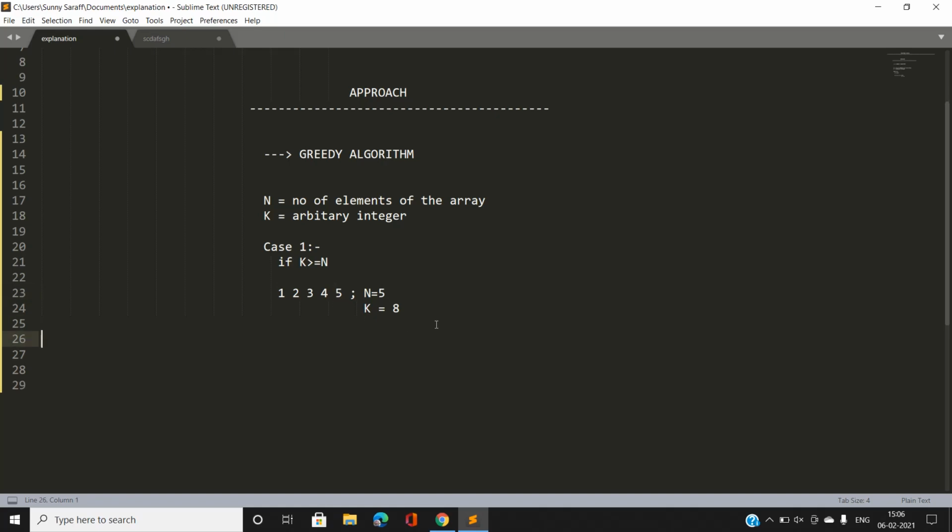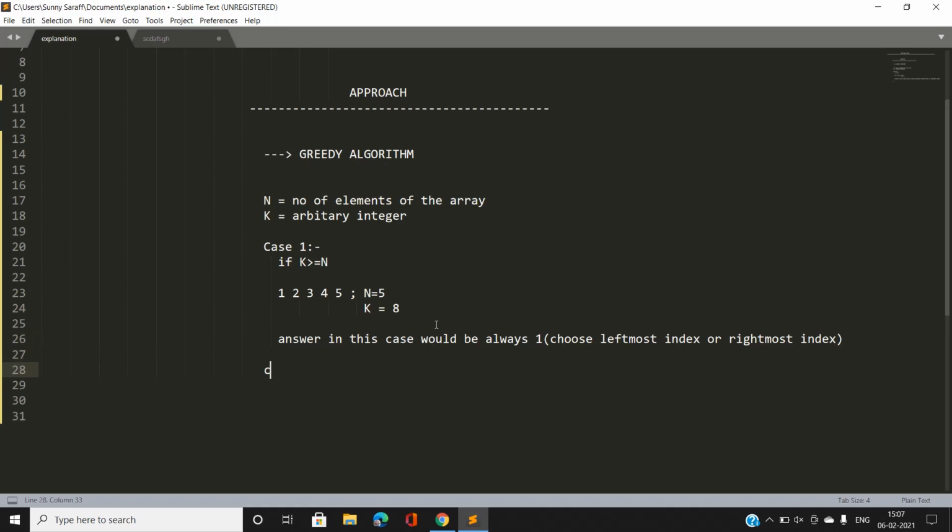So the answer in this case would always be 1. Let me choose the leftmost index or the rightmost index; it satisfies that also.